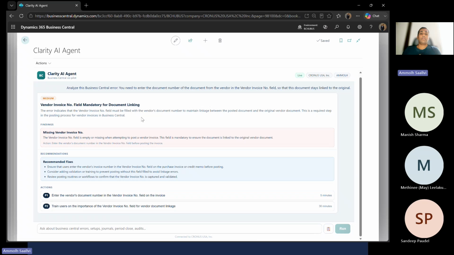The vendor invoice number field is empty or missing when attempting to post a vendor invoice. This field is mandatory. So if you look at the action here, enter the vendor document number in the vendor invoice number field before posting the invoice. So this is how it is actually helping the end user as well as the consultant,